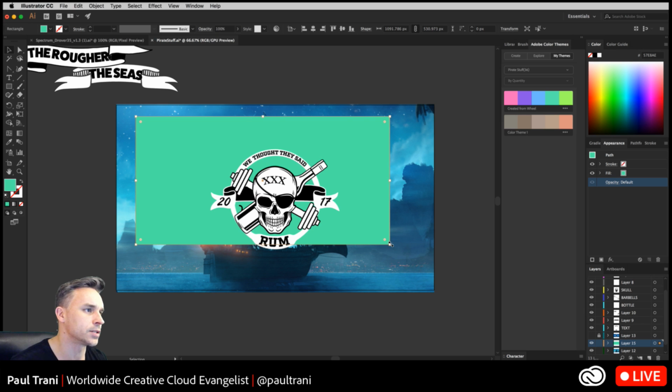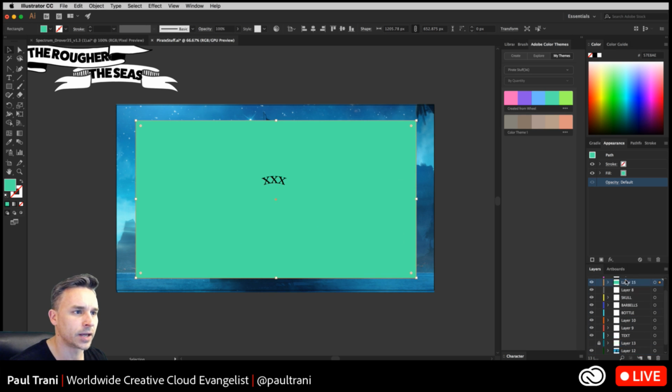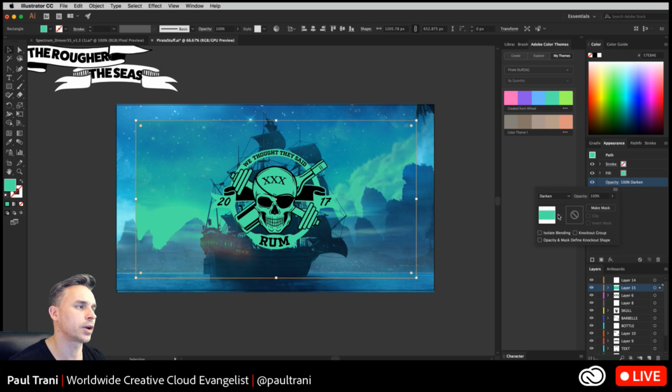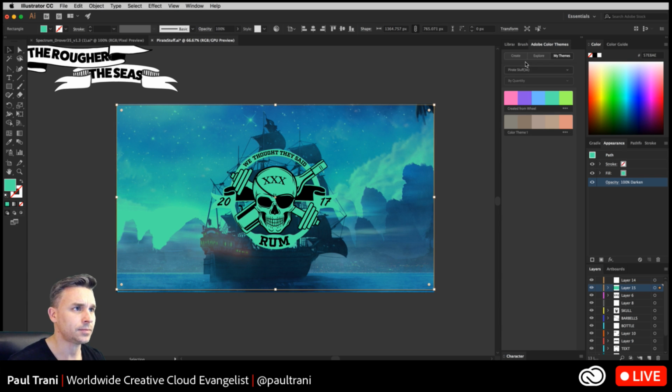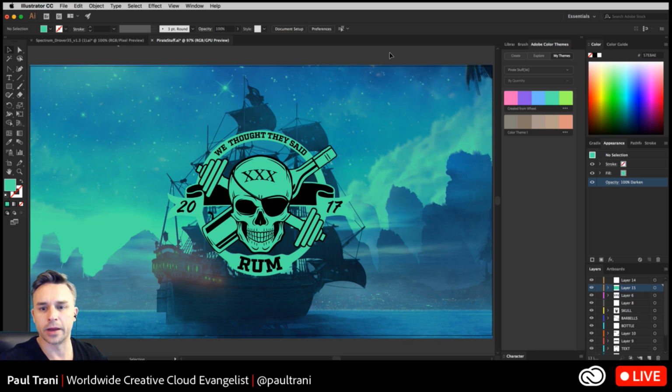Then I can just pick the appropriate color like I'm doing right now, okay? So I can pick that color, say, hey, you know what, I want to go with more of this teal color. Let's take that and move that up to the top, a little higher, and change this mode to say darken or something, right? So this is kind of what I wanted. I wanted something with a tint, and I just used a color theme that came from Adobe Capture that I captured earlier. You guys get the idea? That's looking better, hopefully. I don't know. It's just an idea. I'm still working on it.